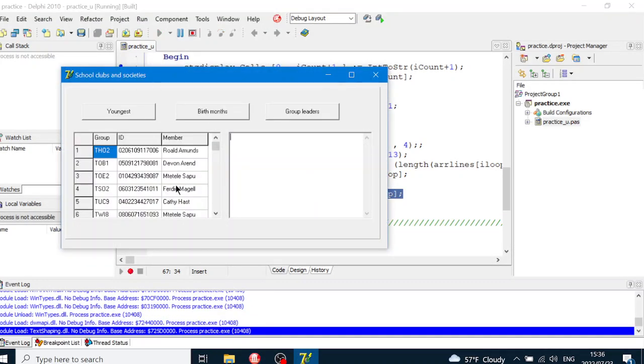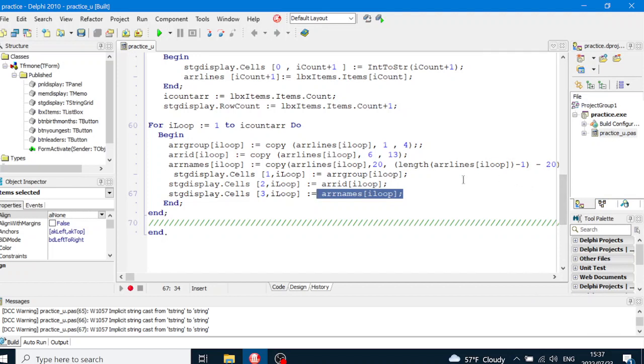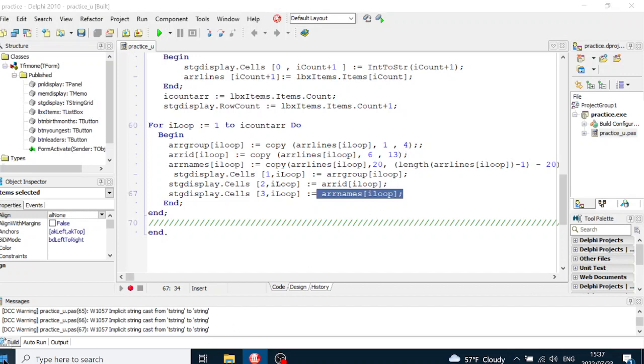When you run the program, as you can see, this has been filled. Now you might see that actually we've got some names cut off there, so we do have a bit of a problem. What we're going to do here is have a look at ARR names, and we know that the first 4 characters, and then there was a comma, so that's 5, and then